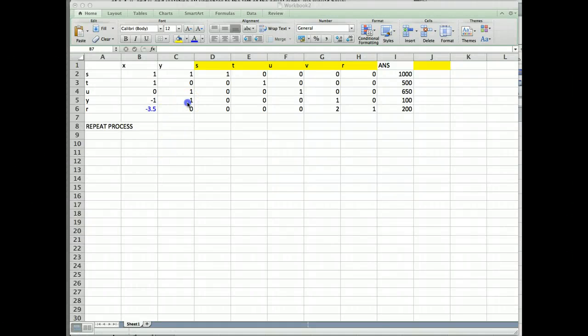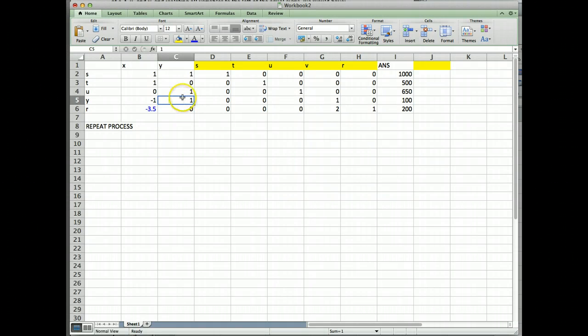Alright, we're not done with this column yet. We're getting close, but remember, this is the one we want to be a 1, right here. We want to get everything else equal to 0. Now the process is fairly easy from here because we have 1s above there. So if we take these rows and we subtract 1, 1 minus 1 is 0. So let's go ahead and take